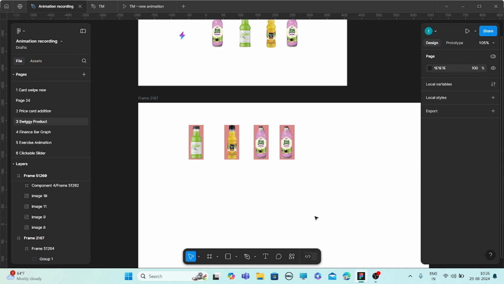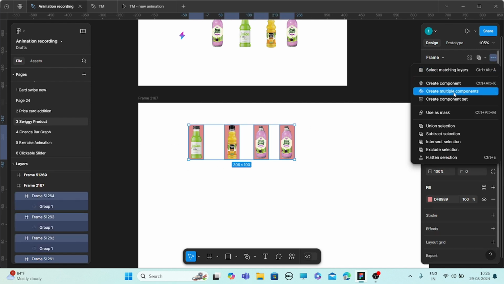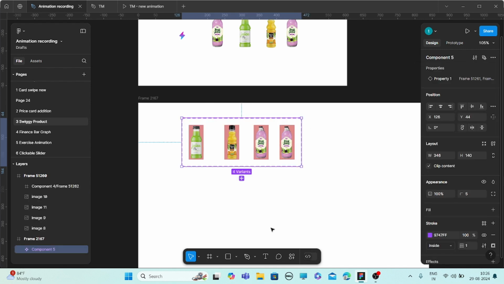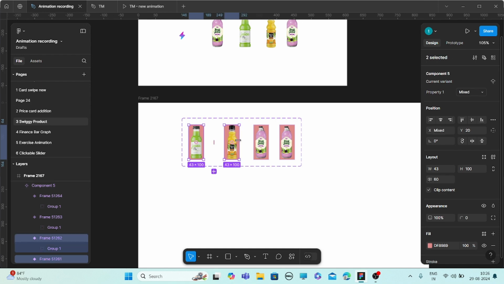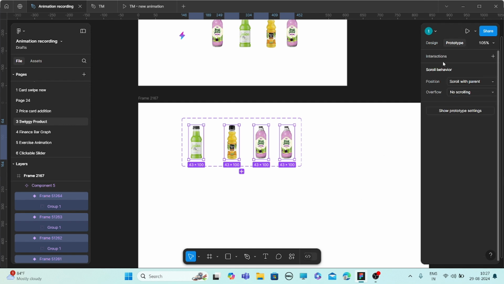Now just select all these frames and make a component set. After creating the component set, just remove the color from the frame. Done.